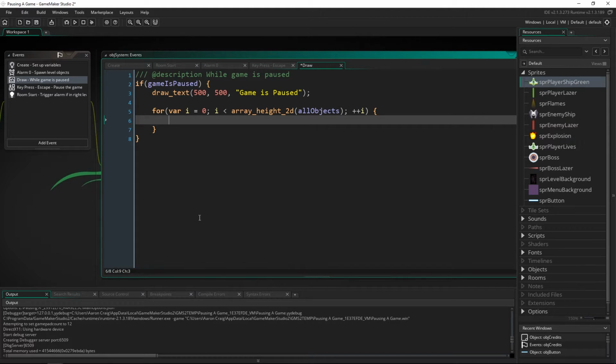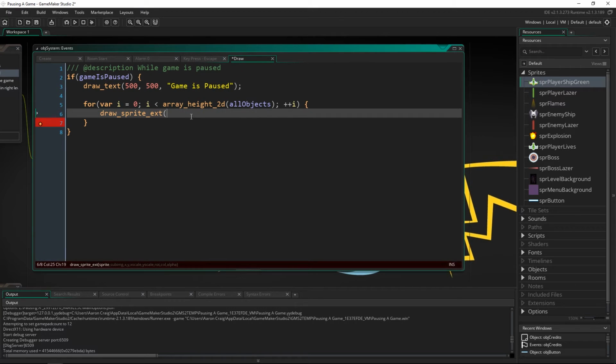Now we're going to draw pretty much everything that we've captured. We're going to do that with draw sprite ext. Now, the awesome part is that we've captured them in exactly the correct order. So if I type all objects